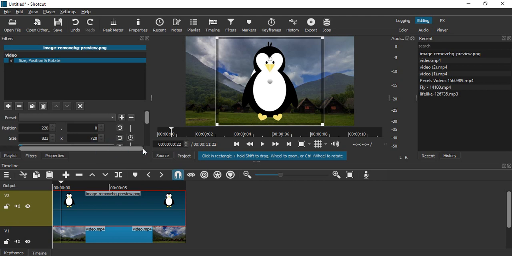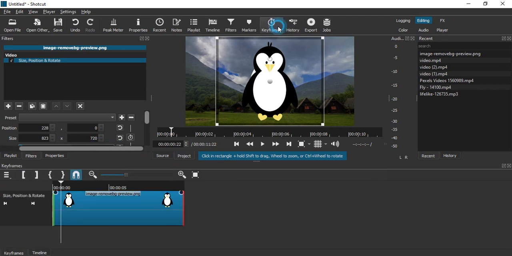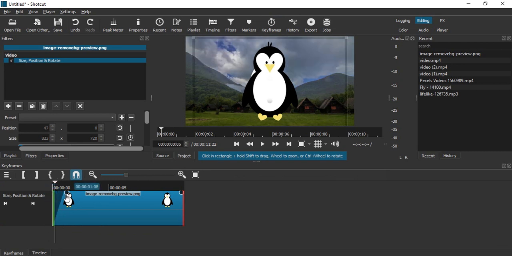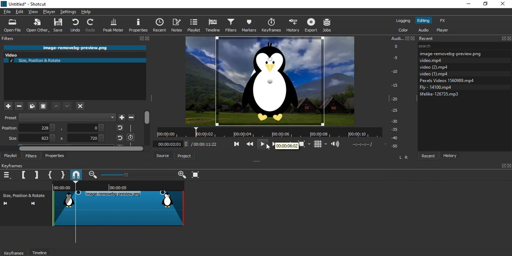Then here what you need to do is go to this keyframes tab and firstly click on this particular keyframe. Here you can choose its duration. Now if you change the size or the position values, this is how it will change. This is the second keyframe, this is the starting keyframe, and this is the ending keyframe. So if you just play your video now,